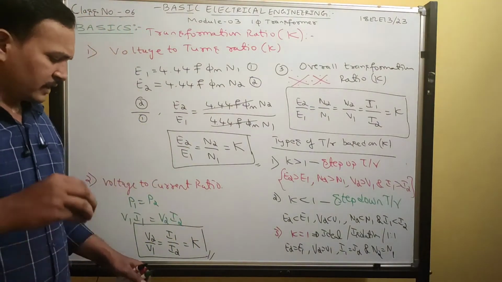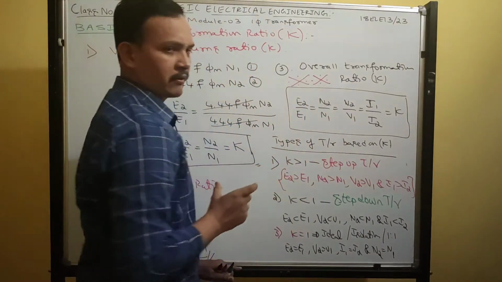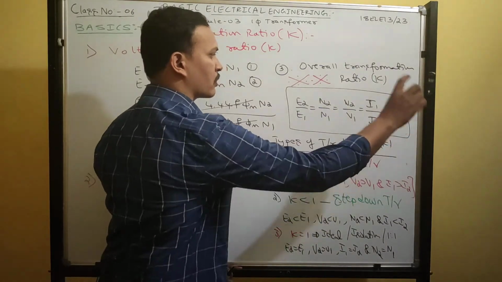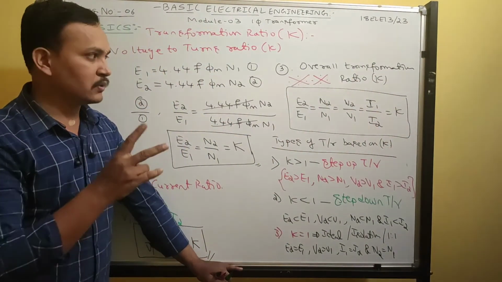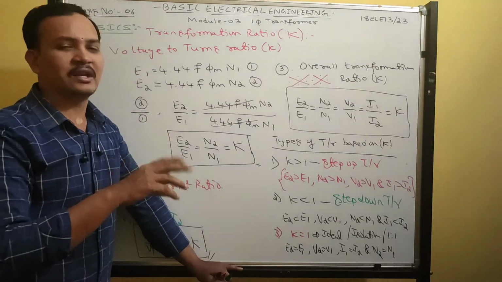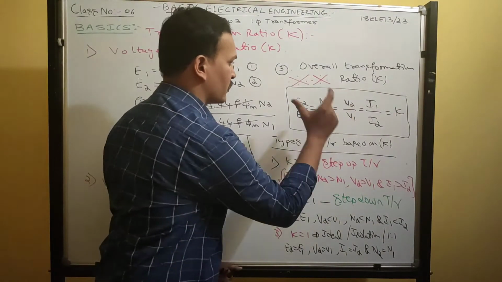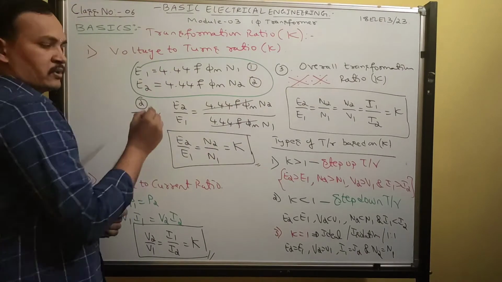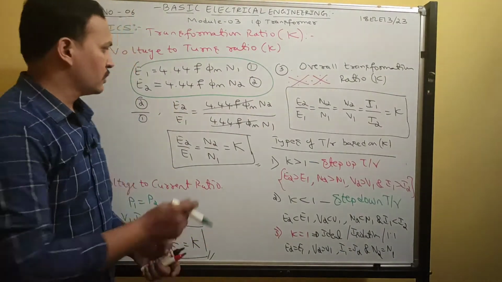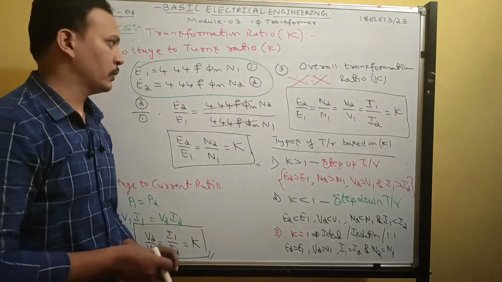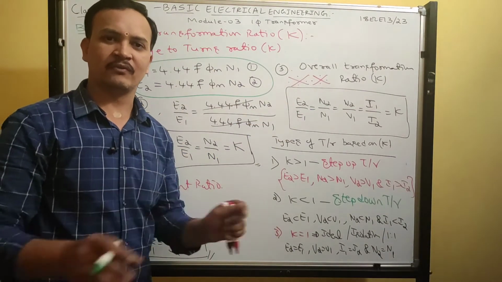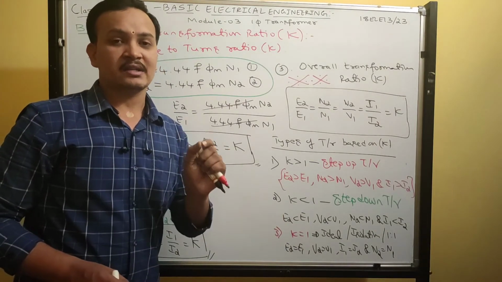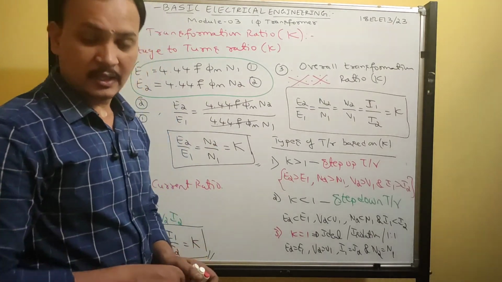See, for every problem you must remember this one equation. Whenever you are solving a problem on EMF equation, right at the start you write all these 4 ratios at one side. Then you see the data given in the question so that you can easily complete the problem. This formula and then these 2 equations: EMF equation of transformer 4.44 F phi m N1 and 4.44 F phi m N2. If you know these, you can get full marks in EMF equation of transformer. Only take care to understand the question given in the paper.